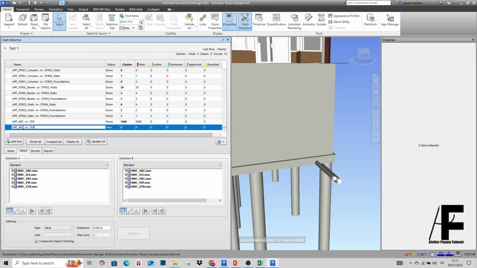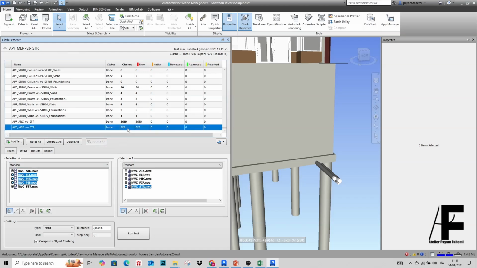I'm gonna say MEP versus architecture, a structural model. Now if I select electrical, mechanical, and piping all together for the selection A, and a structural model for the selection B. All right, and let's update them all